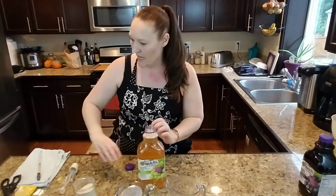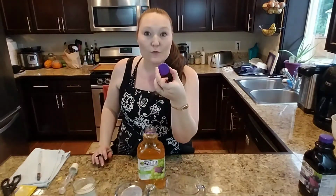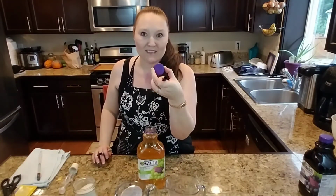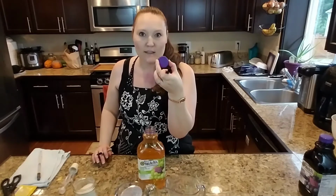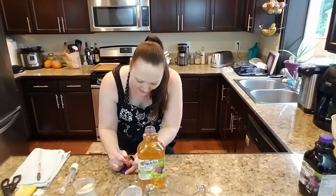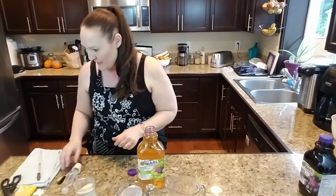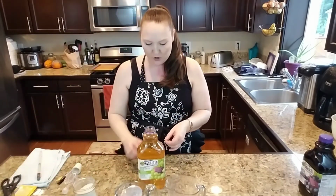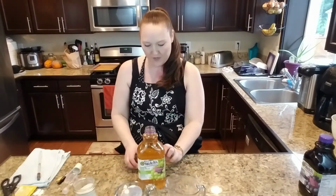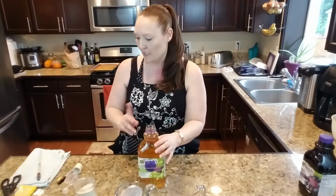Okay, so now I'm gonna put the date and the percentage of sugar that was in there on the lid, because that's gonna tell me the percentage of alcohol that's on it, and also it's gonna tell me how long it's been fermenting. Okay, and then I've got a rubber band. I'm just gonna rubber band that around, here I'll just do it on the front so you can see. So I'm just gonna go like that so the lid stays with the juice,